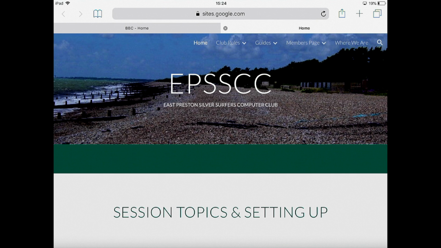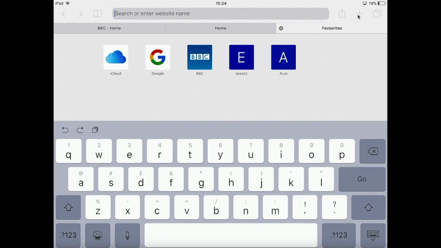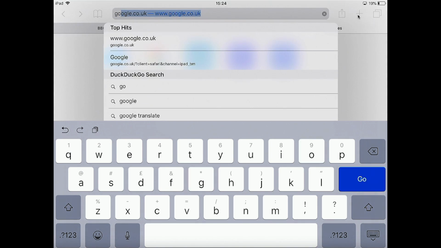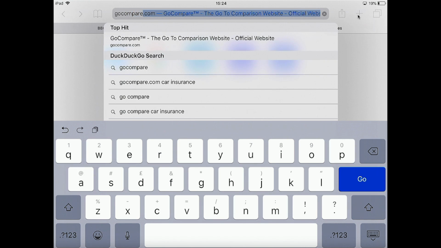I'm going to click to open a new tab. That's here on the cross, and I'm going to type in a website at the top here. I'm going to say gocompare.com. So if I put GOCOMPARE. Now a little tip here, it's already put the .com, but instead of typing it in,